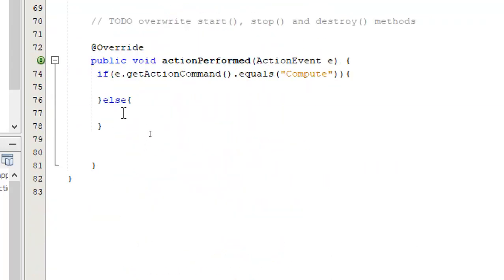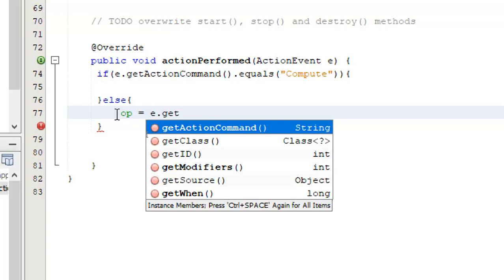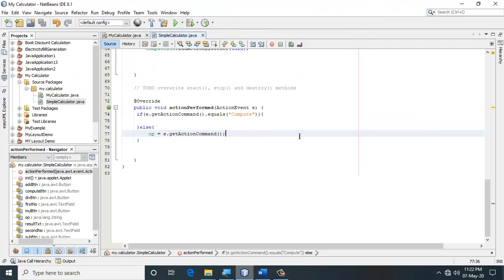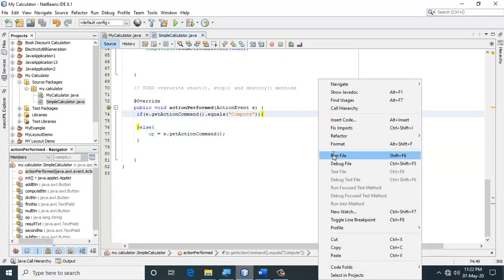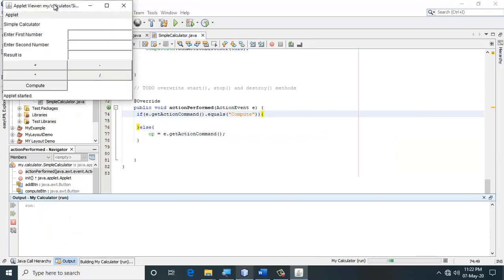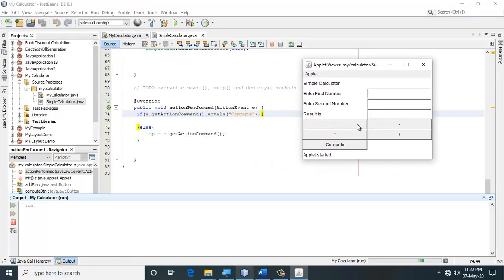I will go here to the else part, OP equal to, and I am going to say E dot get action command. What have I done? Let me run it and show you again. Whenever I click on any of these buttons, the symbol on this button is stored in OP.